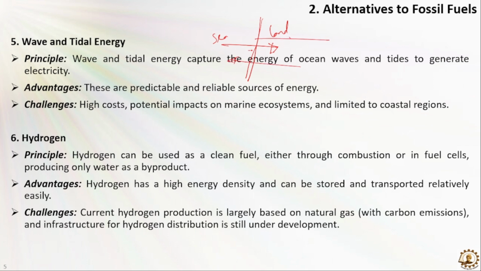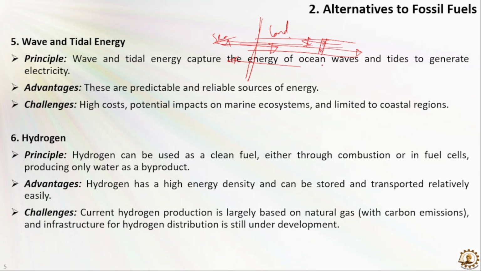So if we create a channel here, and take the water inside the land during the high tide, and we install a barrage which can control the movement of the water, then during the low tide the water will go back to the sea, and this place will be vacuum. Then we can release the water and install a turbine in this path, so that the kinetic energy of the water can rotate the turbine and we can harness electricity.